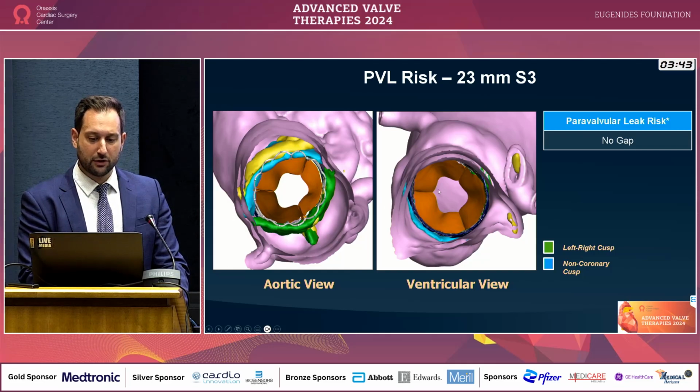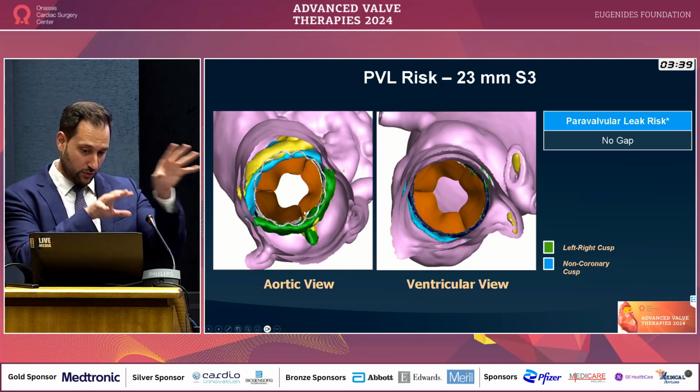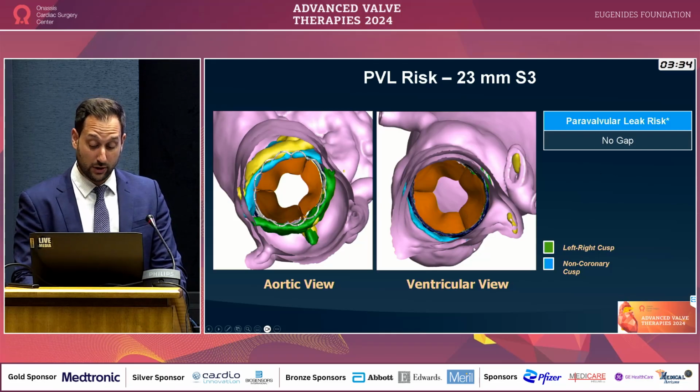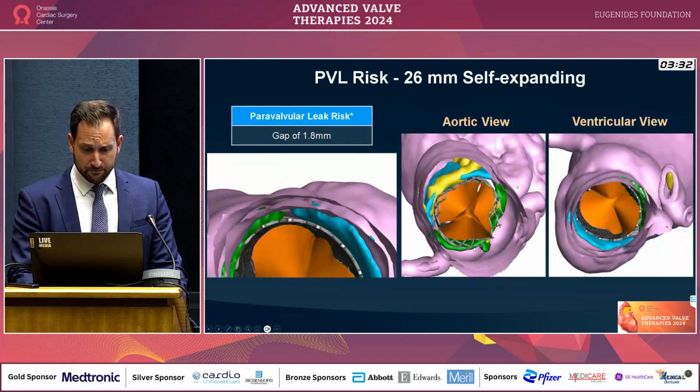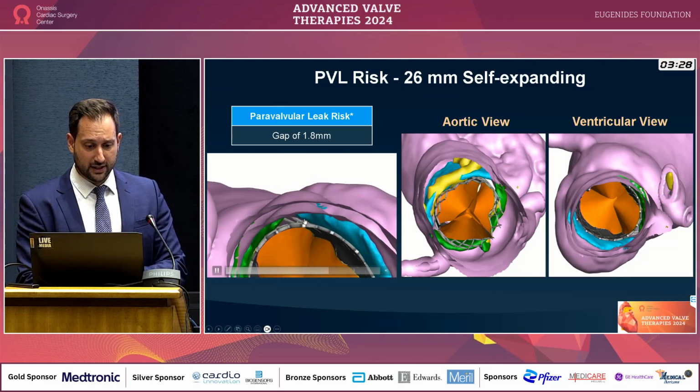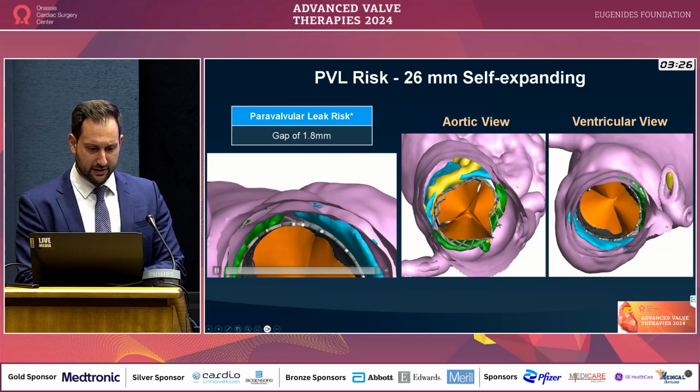The aortic view and ventricular view, the point here is that we're trying to see if we see any gaps that go all the way through, and we visualized both from the aortic and ventricular view, and there's no gap in this simulation. So this is now the self-expanding valve, the Evolut, and you can see right here, there's this